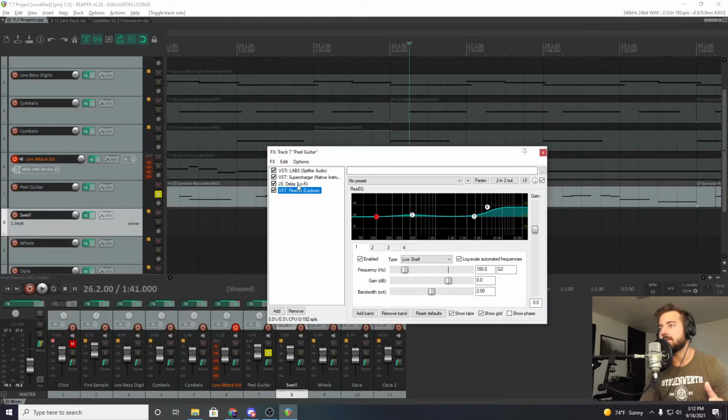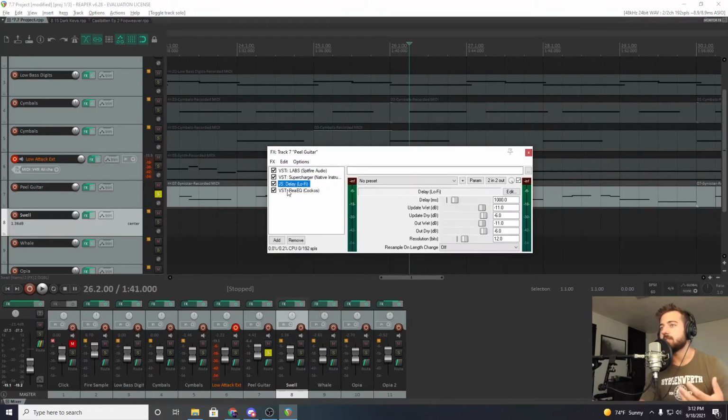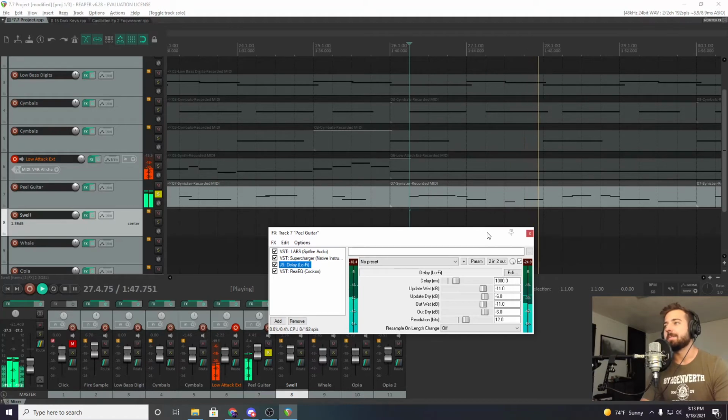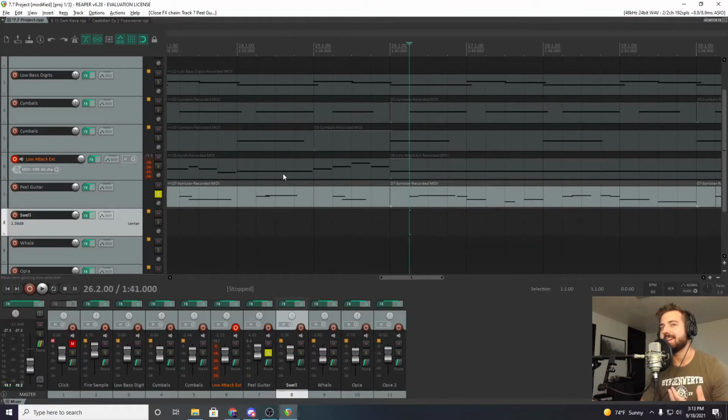You'll notice my EQ and my delay. These are both the ReaEQ and then the JS suites. They just come with Reaper and they're awesome. JS has so many cool delays and compressors and things like that that totally just come with the software. I use them all the time. It's really nice. This lo-fi one helps it, see, the repeats are a little grittier than the original. It helps it just get soupy, blend together in the mix. It makes the delays a little more atmospheric, which I like.